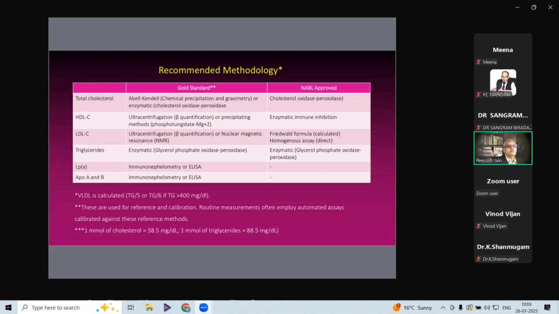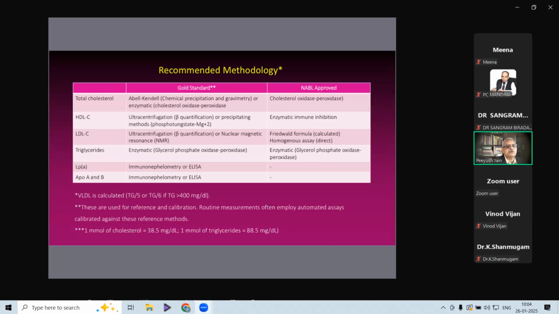So there is a difference between what is the gold standard methodology and what is approved in this country by NABL. And this may be different. And why it may be different? Because these gold standard technologies, about which I'm not going to talk about much, things like gravimetry, ultracentrifugation, NMR, and immunonephelometry, etc. These are used for reference and calibration, and routine measurements often employ automated assays calibrated against these reference